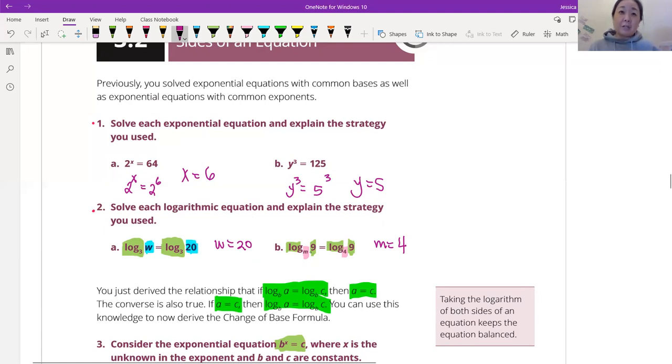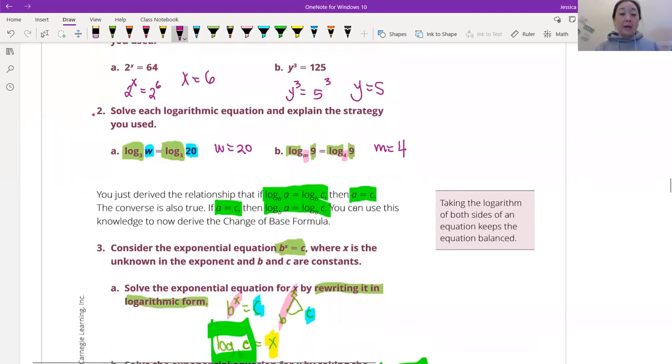So if you look right here at the pink, the arguments are both the same, they're both 9, and we both have logs there. Which means that this M better equal 4. If it's not equal to 4, what are we doing, right? So now knowing that,